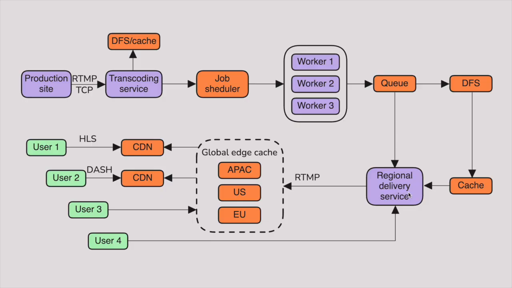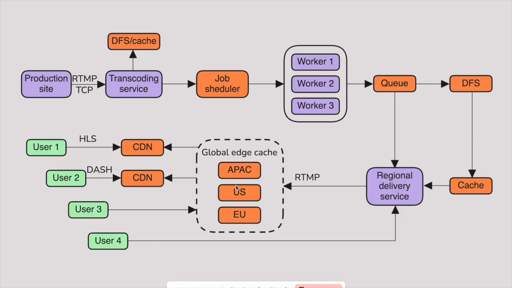And secondly, if the video is absent in the CDN or global cache, it should be able to serve that video per request. So here on the left side, you can see we have multiple users. And as the regional delivery service receives that 1 second segment, it pushes it to the global edge cache. Global edge cache is a set of data centers or servers around the world in different localities that is responsible for mostly storage of the videos and serving those videos into the local CDNs or ISPs or to the end